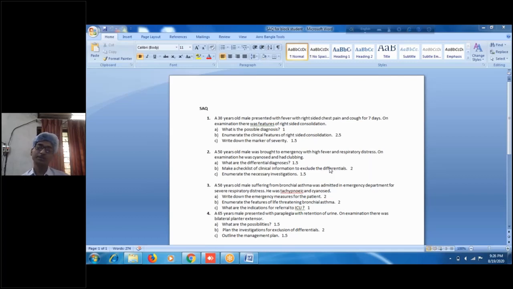So the patient has high fever, respiratory distress, cyanosis, clubbing. Maybe bronchiectasis, yes. It may be lung abscess, yes. Respiratory distress, cyanosis, clubbing in a 50 years old male, an older patient, maybe bronchogenic carcinoma. So these are the possible diagnoses. So this is the simple way